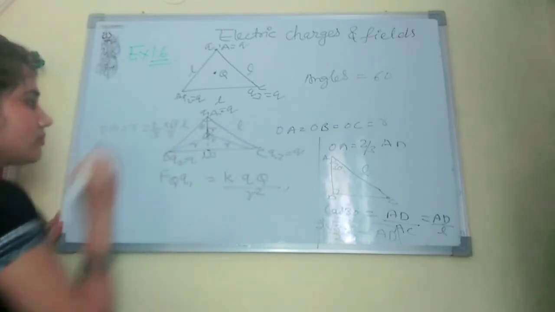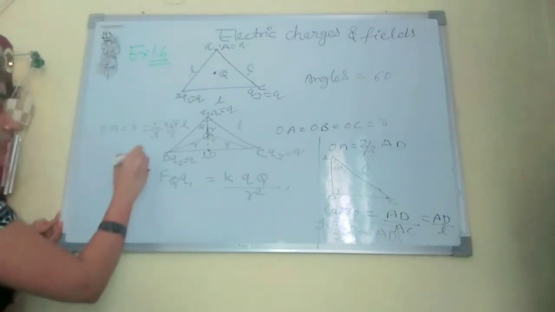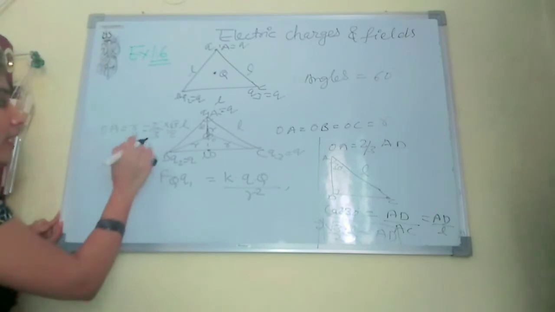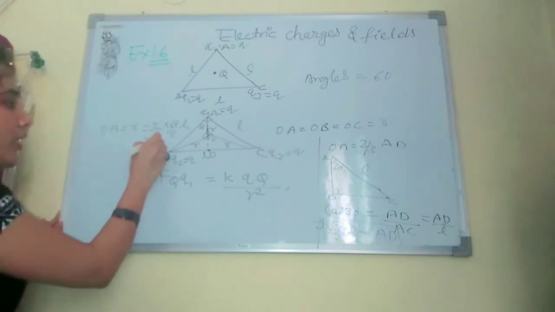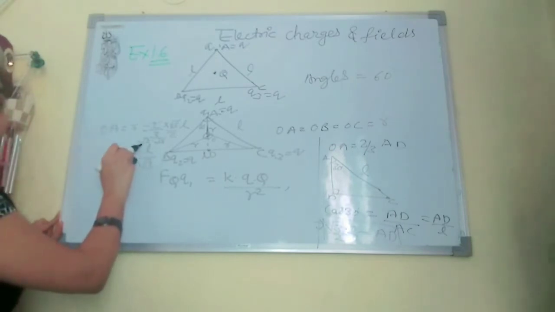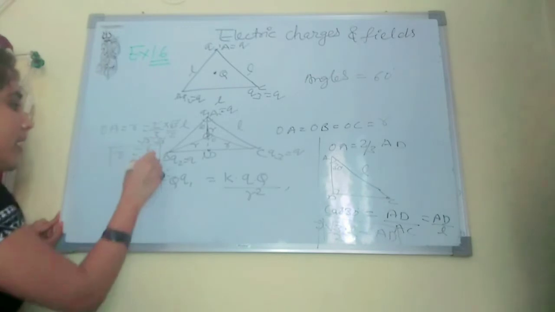L. So this 2 will be cancelled out, and this will become L by root 3, because if you break it, it will break into root 3 into root 3, and one root 3 will be cancelled out. So what has it become? Root 3. So L by root 3. So the value of R is L by root 3.